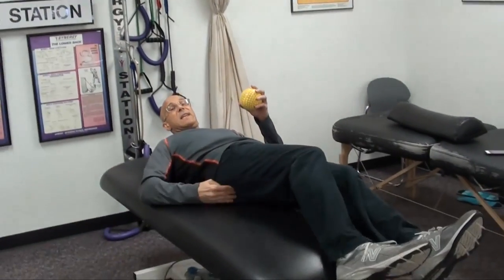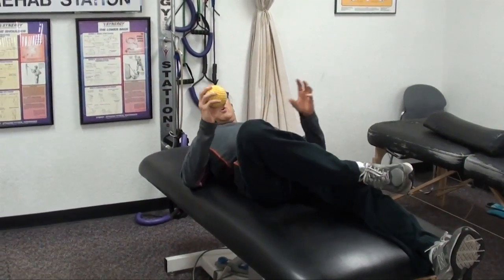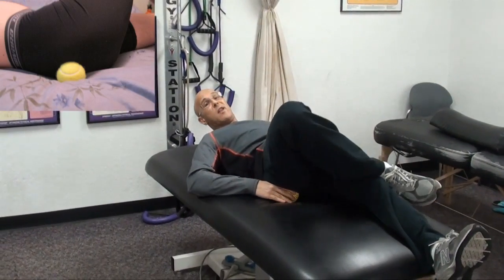This last exercise is called the self-trigger point therapy. Take a tennis ball, golf ball, or any big ball you have. If you don't have a ball, use your knuckles. You're going to lay back. You're going to go ahead and get to the point that's very tender. You're going to cross your leg, and you're going to put the ball right underneath that part of that muscle,